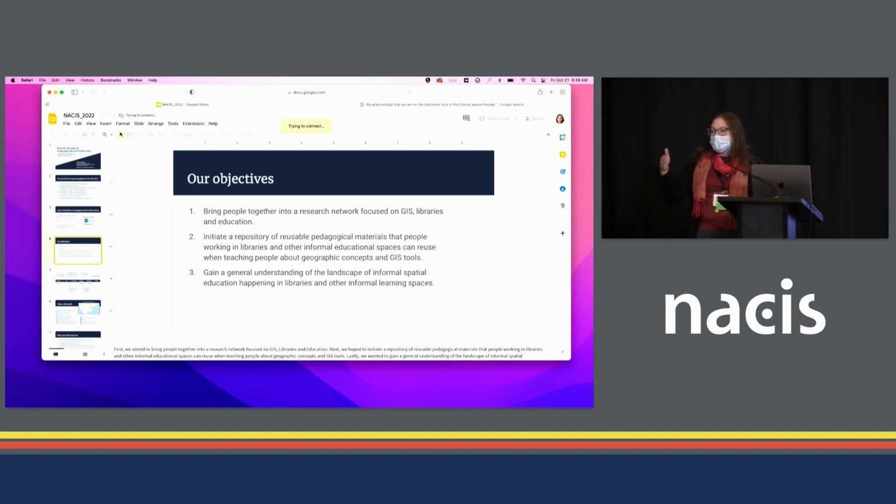Also because as librarians, we can't be expected to learn all of the different ways to make maps. Throughout this conference, we've heard many different ways that you can do that. It would be impossible for just one person to reach that kind of success. So how do we provide access to different librarians to learn that information?